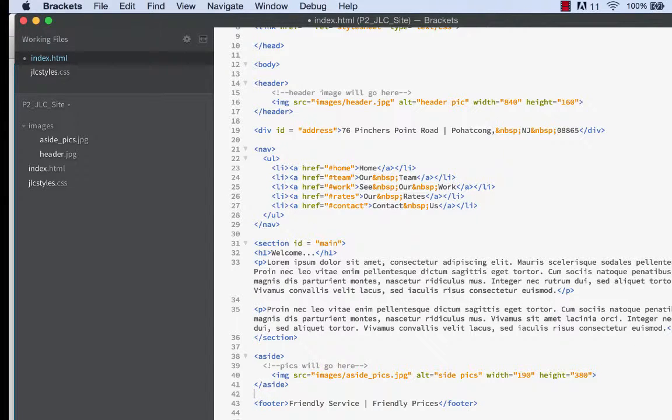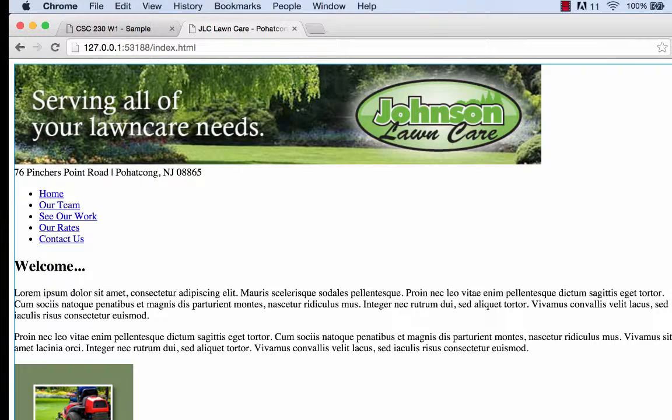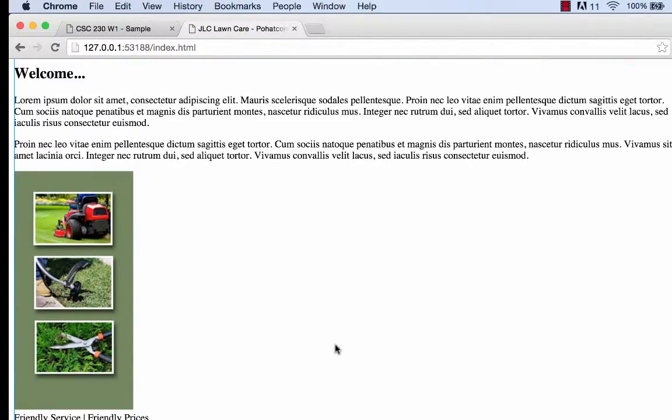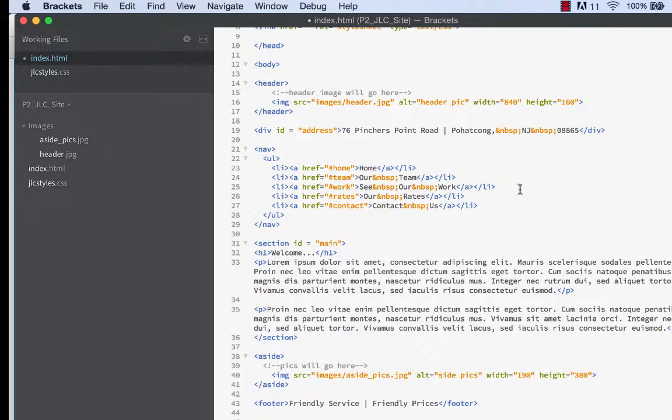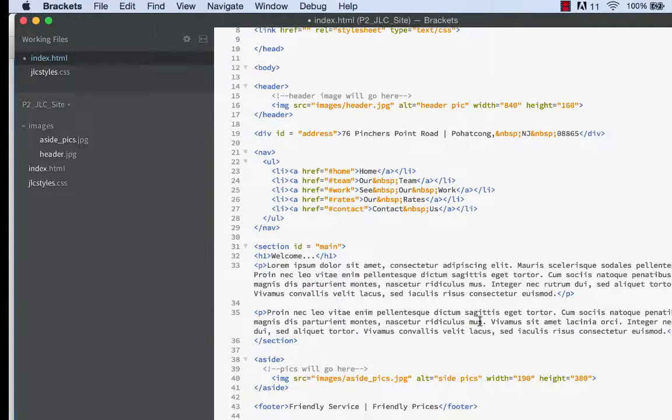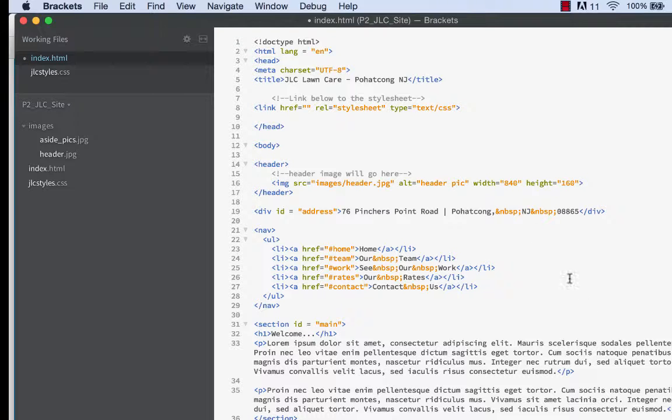If I go back to check it out in Chrome, there it is. Now it's in order in the HTML page. It's not laid out the way we want it. That's where the CSS is going to have to work. So we're going to use CSS to connect it. But that's the first thing here, just putting in these two things. And the last thing we'll do here, and then I'll maybe stop this video, is let me point out a couple of things about the HTML,